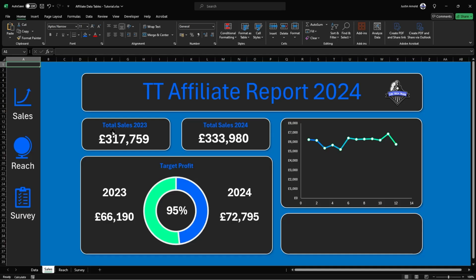Now I am going to carry on and do two more little bits to this dashboard, but I appreciate at this point some of you will be fine with this and think, okay, yeah, got the idea, I can run with that and I can play with that. In which case you are under no obligation to remain watching this video,